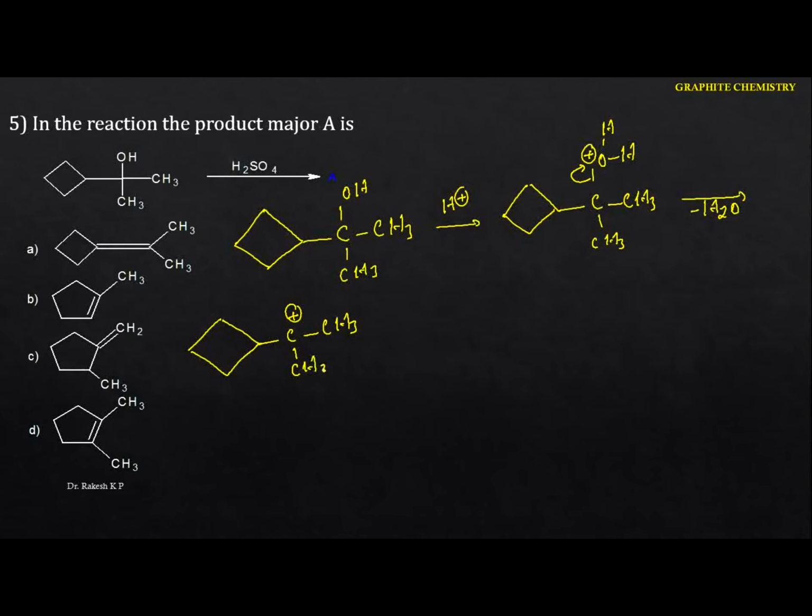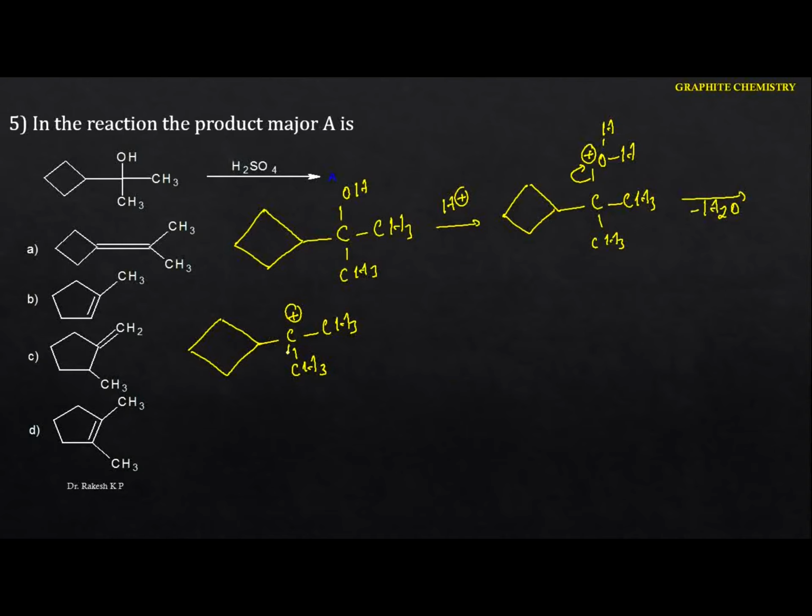Remember one of the concepts here. Whenever there is a formation of a carbocation, whatever the reaction mechanism may be, you have to identify the methyl shift or the hydride shift so as to get the most stable carbocation. Not only the hydride or methyl shift, but maybe ring expansion also. When you do the ring expansion, the stability of the carbocation increases. Let me do the ring expansion here.